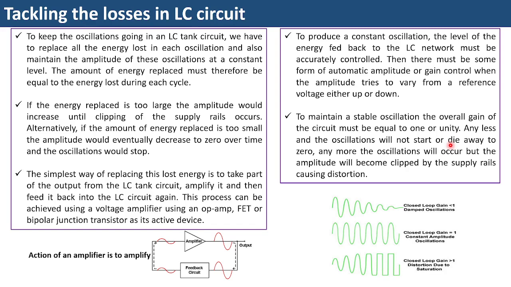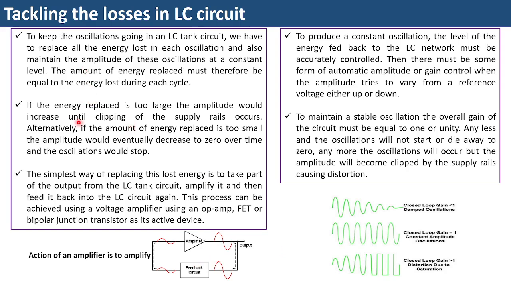So what do we do to sustain an oscillation? We design an amplifier. An amplifier is a circuit which amplifies a signal. Suppose in this case you can see this is an amplifier. You have given a very small signal, and now it is amplified, meaning the amplitude is increased to a much higher extent. In this case also, we take a small amount of the output of the oscillatory circuit, that output is amplified, and through a feedback circuit it is fed to the circuit once again.